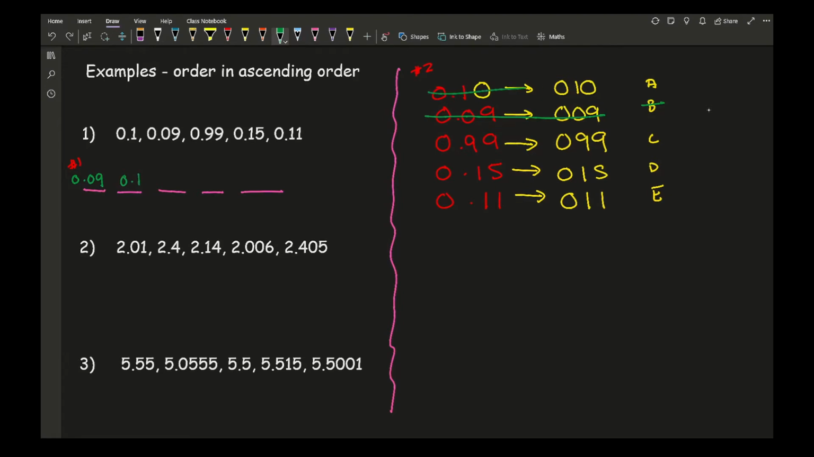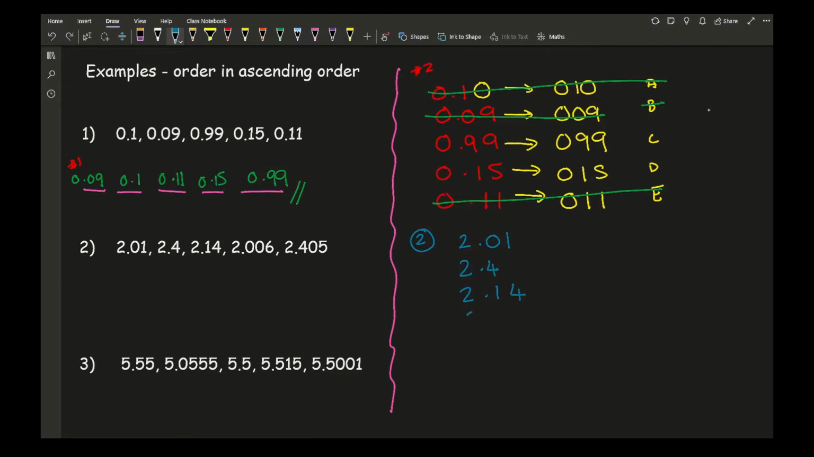And again, I'm just going to rub that down. So out of the three numbers I've got left, I've got 99, 15 and 11. The next smallest is 0.11. And then between 15 and 99, the next smallest is 0.15 and the next is 0.99, and there is my final answer. For number 2, again, writing the numbers down, so I've got 2.01, 2.4,